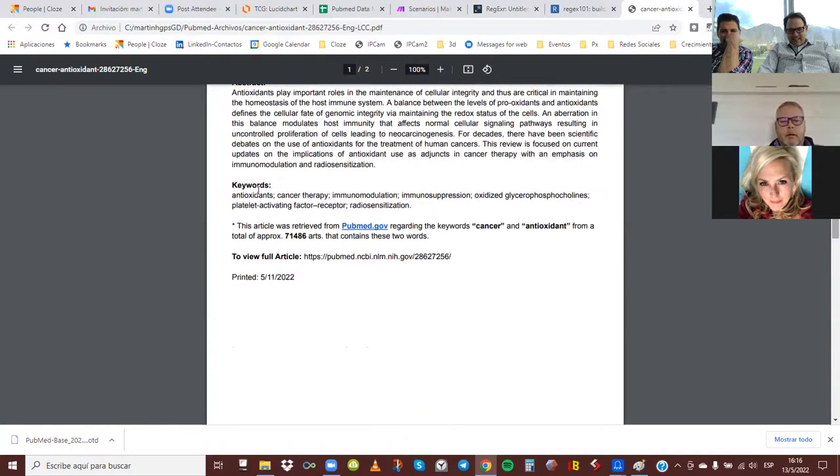This article was retrieved from Pubmed, keywords cancer antioxidant, from a total of approximately 71,000 articles from the database I have. So you are giving the doctor, or whoever receives this, the idea that this is one from a lot. Right. When it was printed, if they want to go and see the full article,